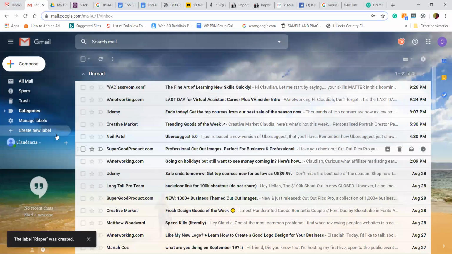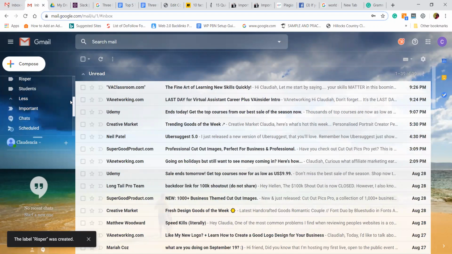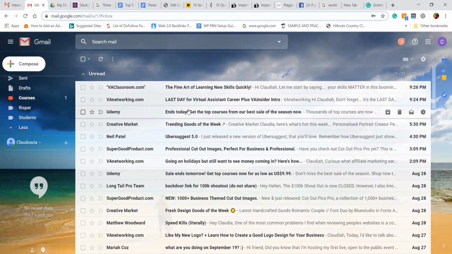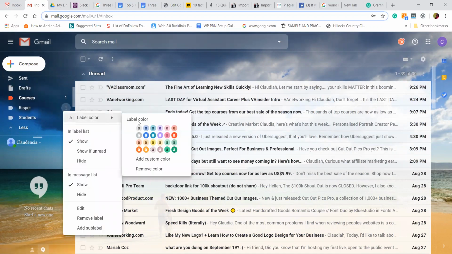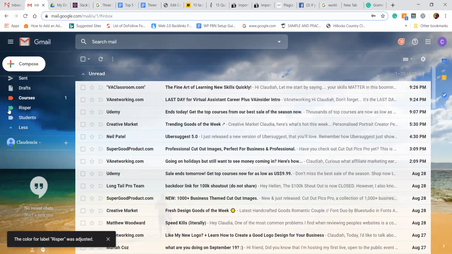So once you have created that one, you can choose to give it a color, so that even when you look at the inbox directly, you will see that this one is at this color, it belongs to a certain person. So you come here, you click here, you say label color, you can choose a color of your liking. Yeah, and that's the color we have chosen. Okay. So for that label to work, you will need to create